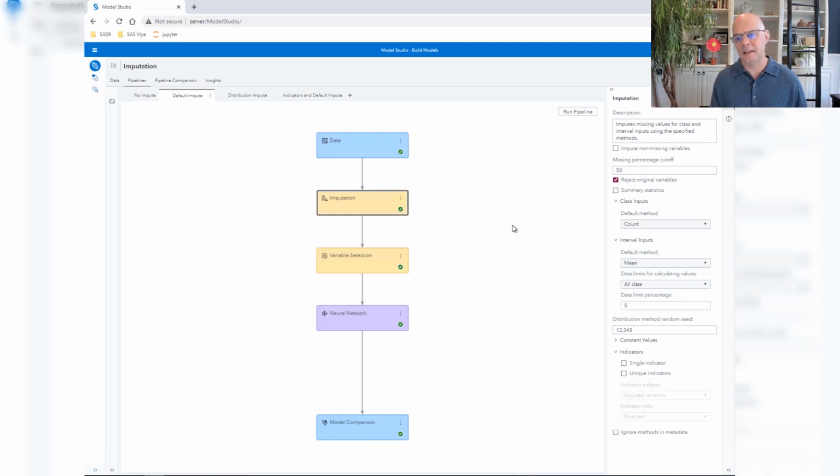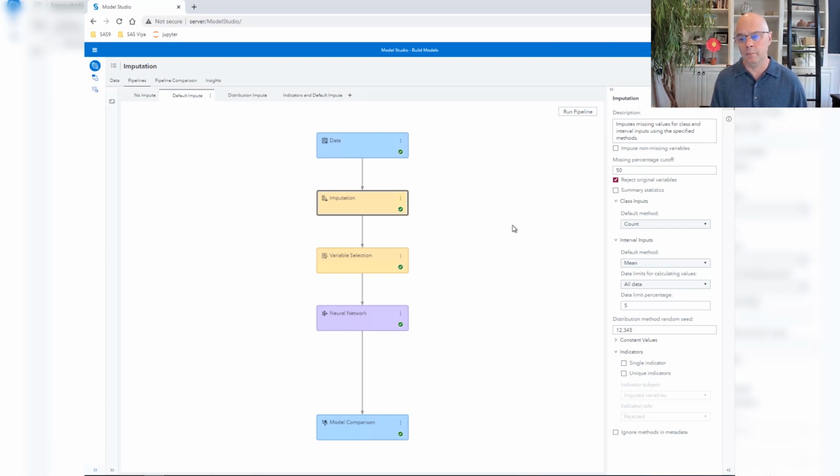Look under class inputs. Class is just another term for categorical inputs. You see that the method is count. I might also call that modal category because what we're doing for categorical variables is taking the individual category that is most frequently seen in the data, and anytime we encounter a missing value, we're plugging in that same quantity each time, the same category.